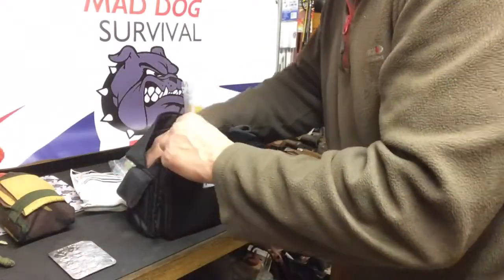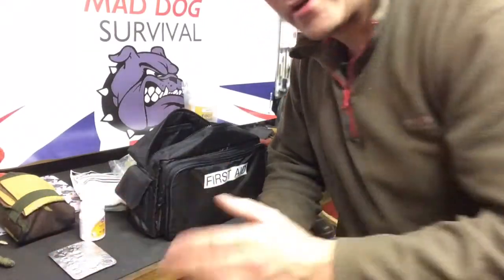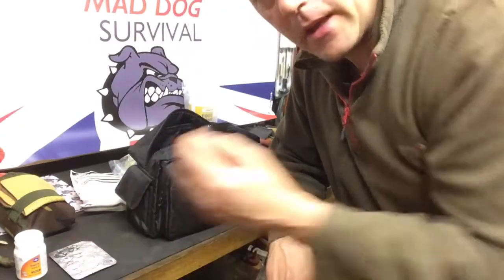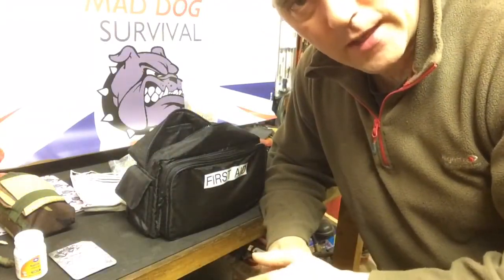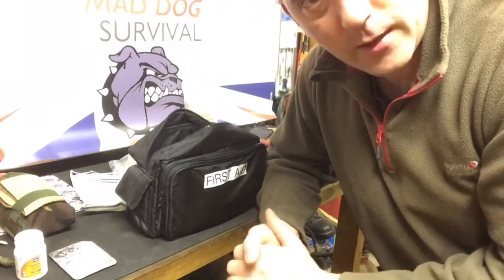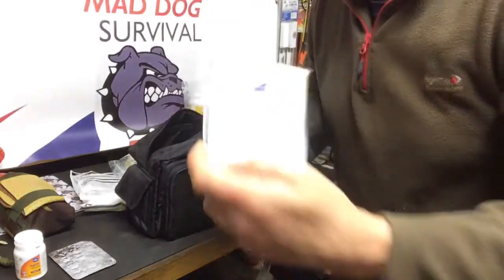Paracetamol, aspirin. I recommend carrying some aspirin because if you or somebody else has had a heart attack, as daft as it sounds, it can happen at any age. Half an aspirin placed underneath the tongue will thin the blood and help alleviate the symptoms of heart attack whilst you're getting medical help and getting them people evac'd out of there. So it's worth carrying some aspirin, lots more bandages,